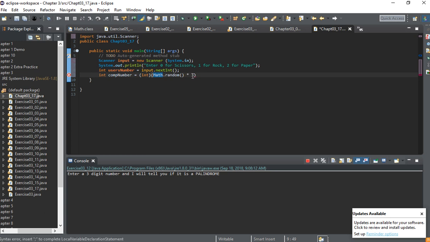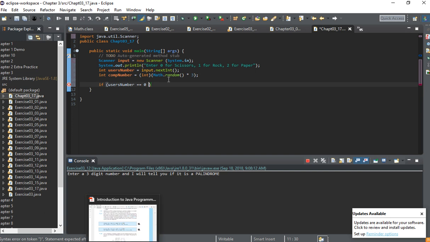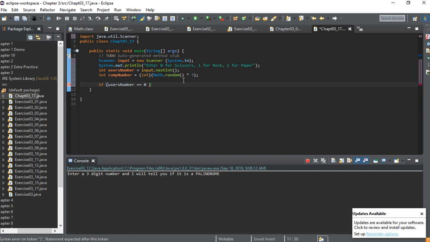If you wanted to change it, you could always put this in parentheses and add 1 to it, and then it would be a number between 1 and 3, so 1, 2, and 3. Still 3 numbers to choose from, but you start at 1 instead of 0. But we are going to start at 0. Let's start off with 0 is scissors, and 1 is rock. So if user number equals comp number,